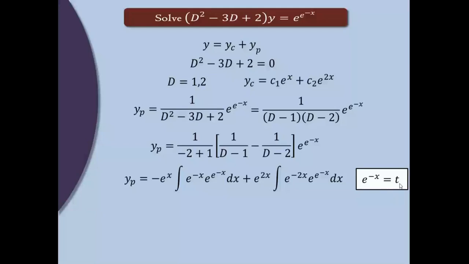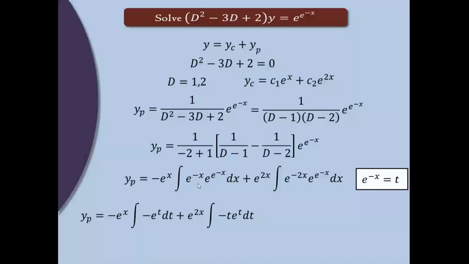Because of this substitution, what happened? The derivative of e raised to minus x is minus e raised to minus x, dx is equal to dt. So this e raised to minus x dx becomes minus dt. One of the e raised to minus x dx becomes minus dt, and for the rest of the terms we do the substitution. Now we are doing the substitution for solving the integration. So these outside terms you can keep as they are. So keeping minus e raised to minus x as it is, integral e raised to minus x dx is minus dt.